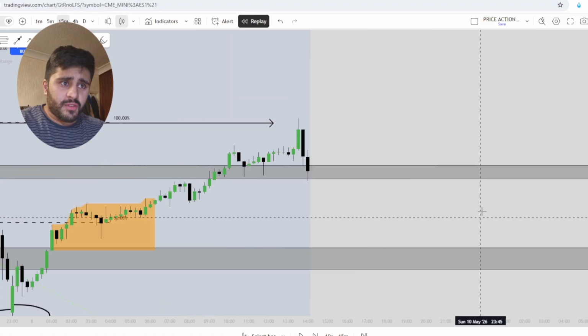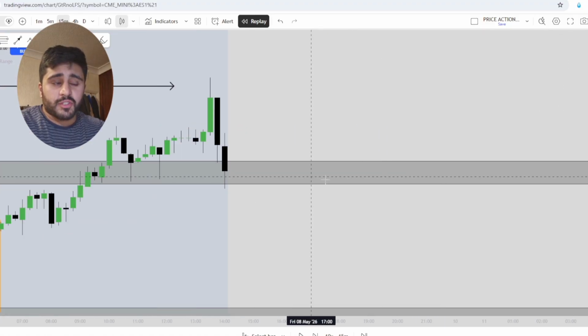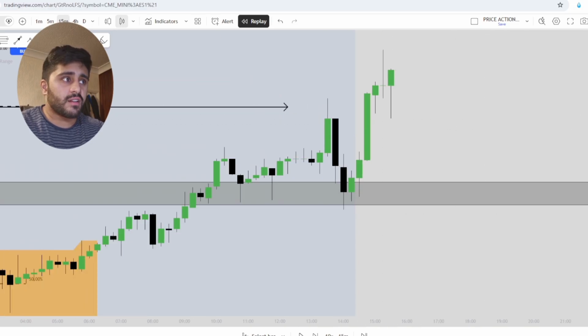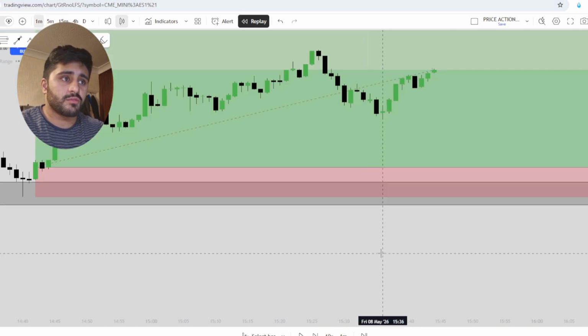So once we have our key level, we then want to understand positioning, right? Or not positioning, we then want to understand price action. So this kind of large move over here, I'm going to be breaking it down. So this was the